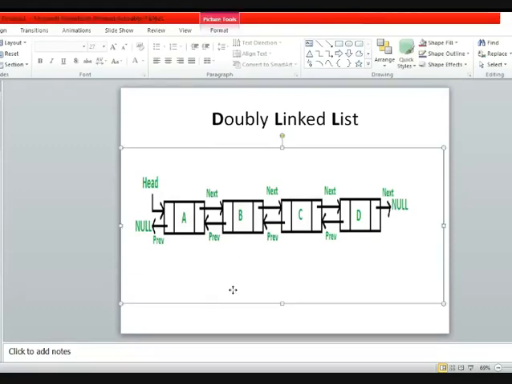In this given example, you can see A has the address of its next node, that is B, and B has the address of its next node as C. B also has the address of A, that is the previous of B. So once you are at any given node, let's suppose you are at B here, you can move in any direction, backward and forward.